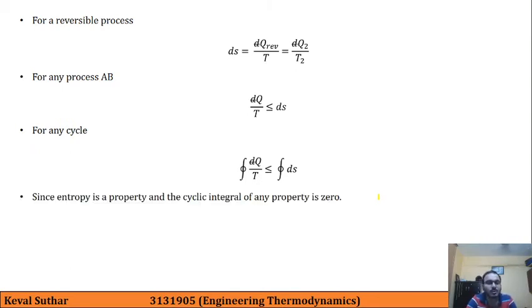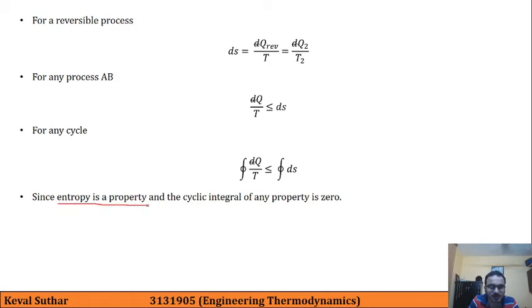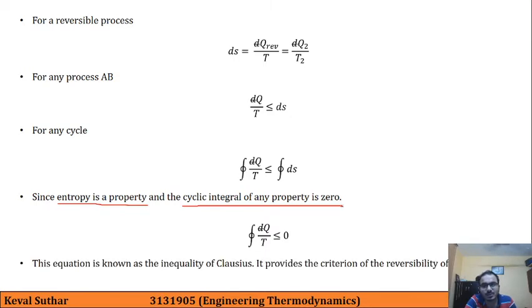Since entropy is a property of system, the cyclic integral of any property is 0. So we can write that the cyclic integral of δQ upon T is less than or equal to 0. This is the equation for the Clausius inequality,